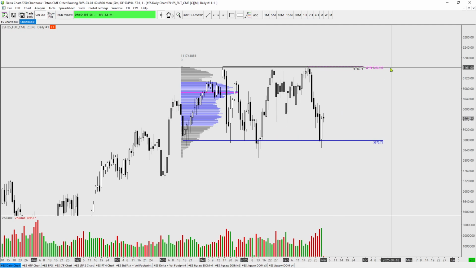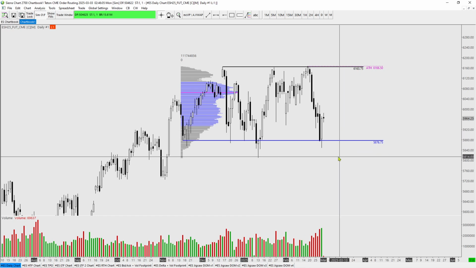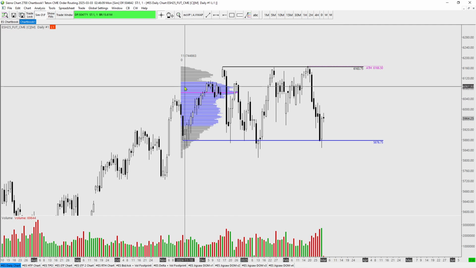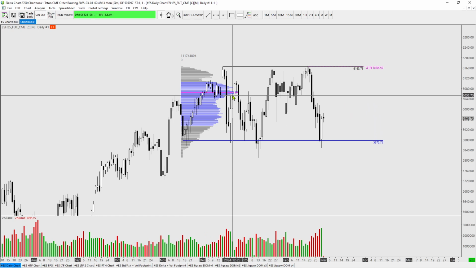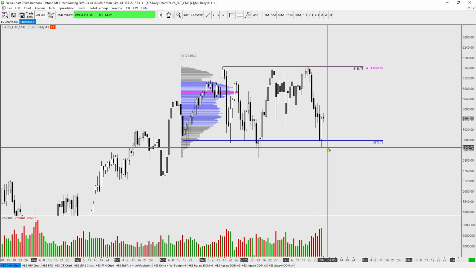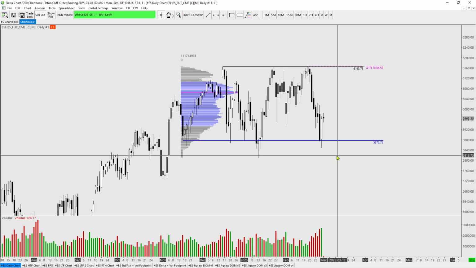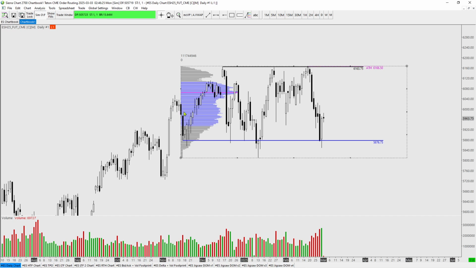You're not going to get big moves until the market maker is ready, and usually they're ready once they trap a participant. So in here, most of the time, when you're in the middle, you need to play level to level, and when you're at the extremes, then you can kind of hold for larger targets if your entry is good enough, because your stop is going to be so good that you can hold for a larger move.